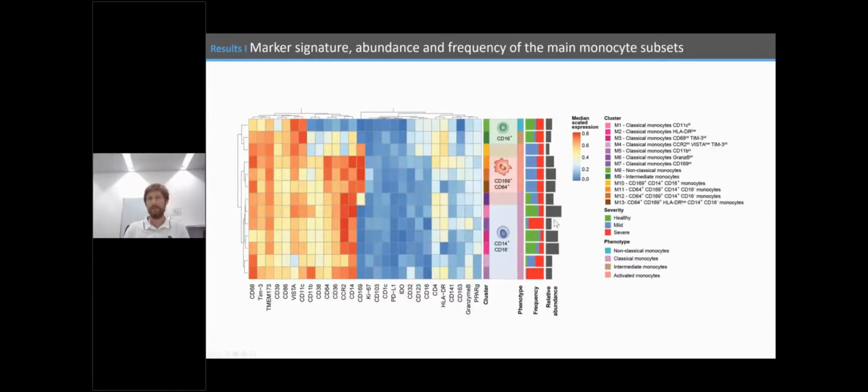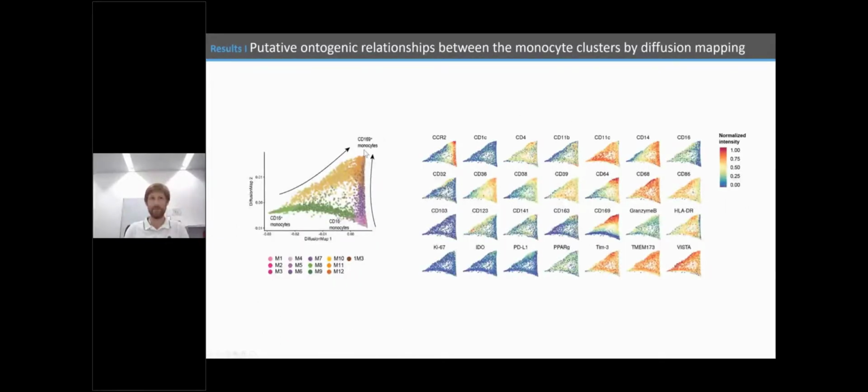In the next step, we wanted to know where these activated monocytes might have originated from. So we analyzed the putative ontogenic relationship between the different monocyte clusters, and to do so, we used diffusion mapping. And the diffusion mapping actually showed us that these activated monocytes could be derived from these classical monocytes, but also